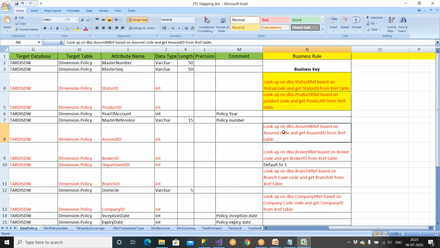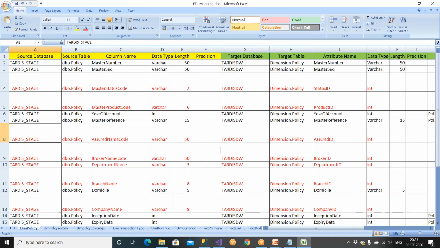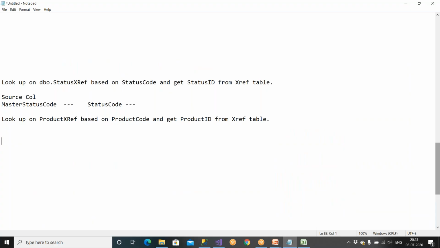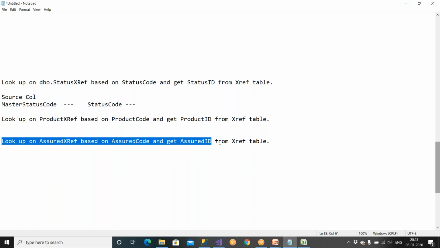This is the one. So here again, they're telling, come this side. Assured name code I have here, but here I have an assured ID. What should we do? Same thing. Look up on, copy this. The next one is this. Look up on assured X reference table based on the assured code, and get the assured ID from the X reference table. Always you copy this